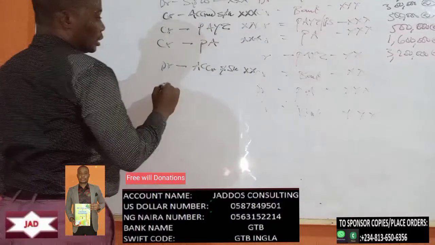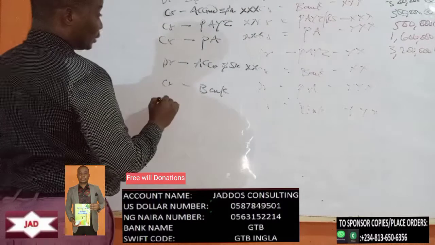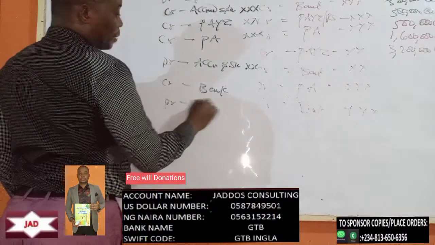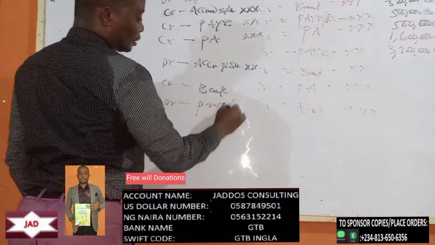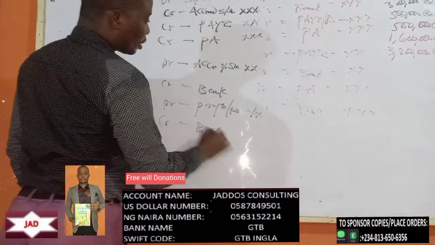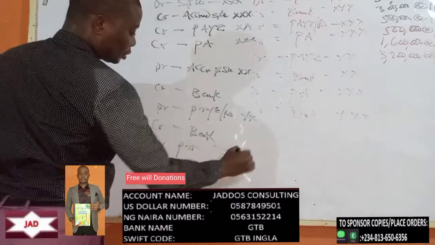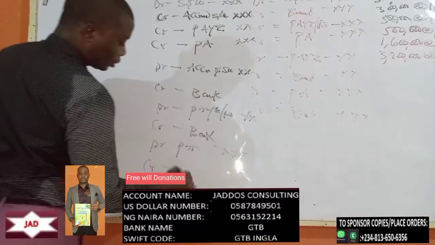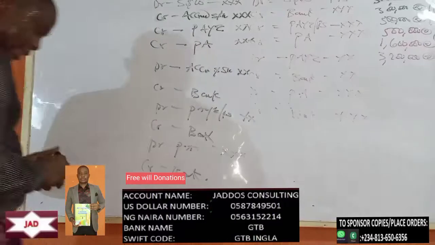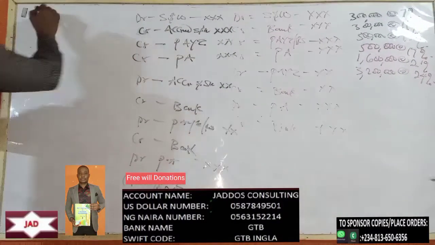And credit your bank. When you now pay your PAYE, what do you do? Debit PAYE, or your Internal Revenue Service, and credit bank. When you pay pension, debit pension administrators, and then you credit your bank. Now, remember that the employer,